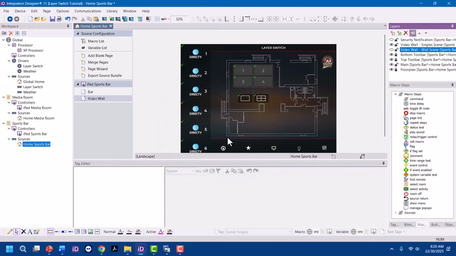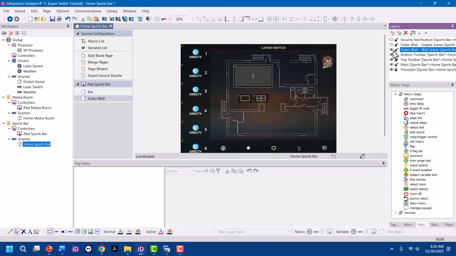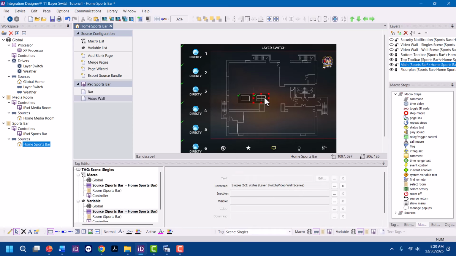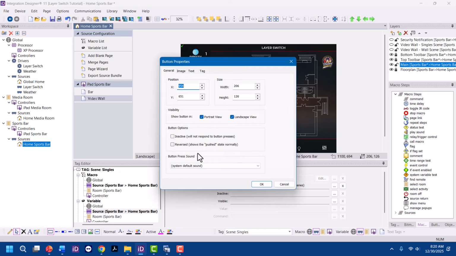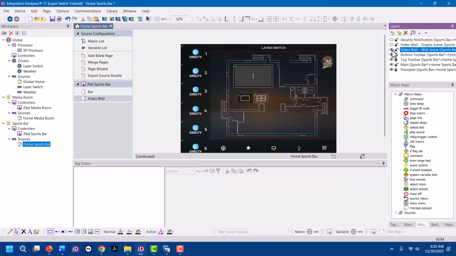Now, this will work really well: when the client selects the wall, the wall will pop up, and when he selects the singles, the singles will pop up. And of course, this will reverse state and the singles will show up. However,